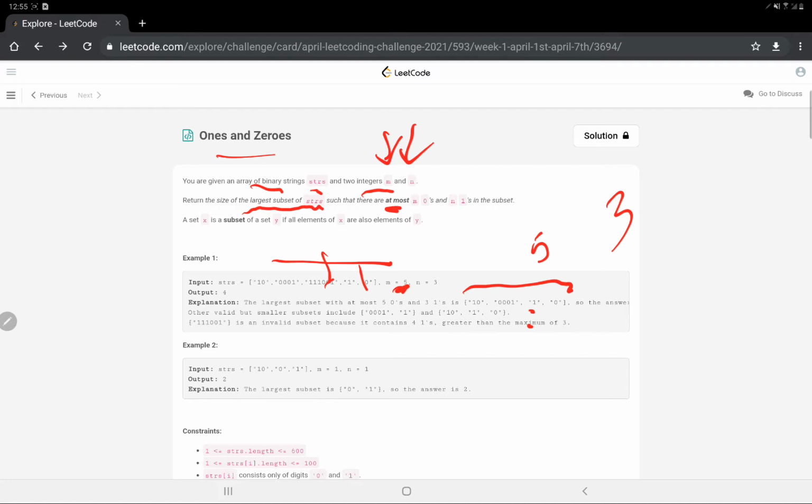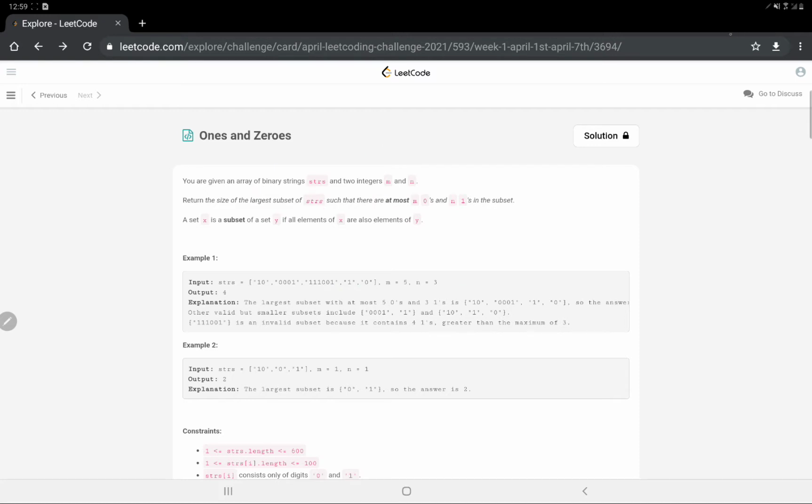Alright, so let's see what approach we will be using to solve this problem. In this example, why have we chosen this as a subset? Because it contains 5 zeros and 3 ones, that is 3 plus 2, 5 zeros and 3 ones. And why haven't we chosen this?